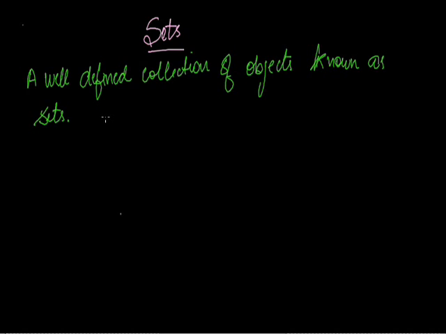It means if a is an element of set A, then a belongs to A. Like I'm writing A, in which there are elements a, b, c. So what we know about this is that A contains elements a, b, c. So a, b, c are the elements of set A. So A is called the set and a, b, c are called elements. So these are called a well-defined collection.